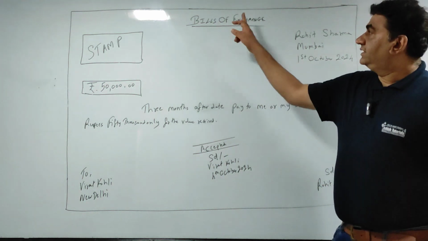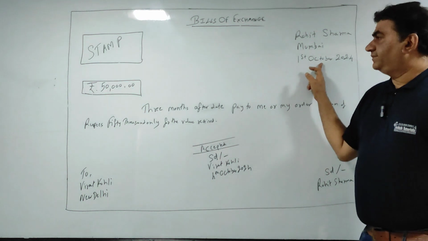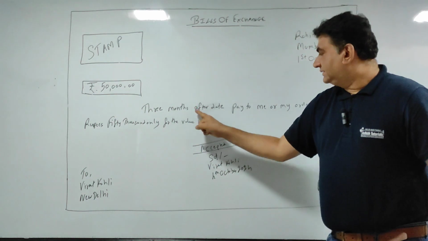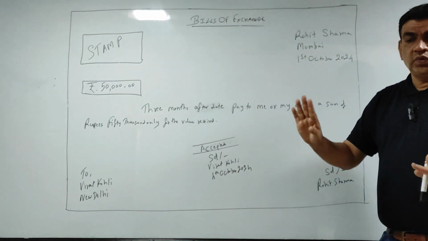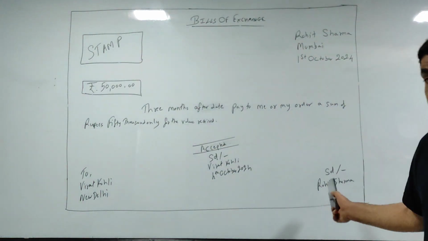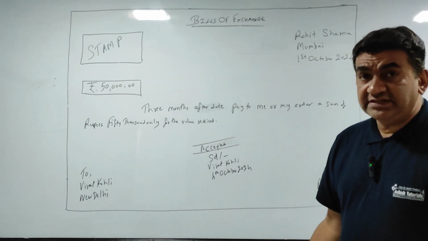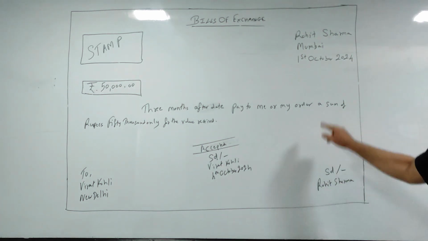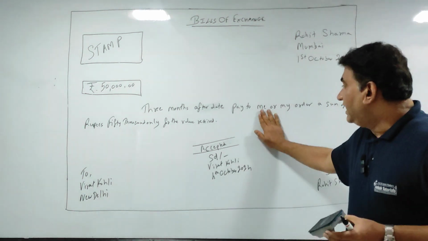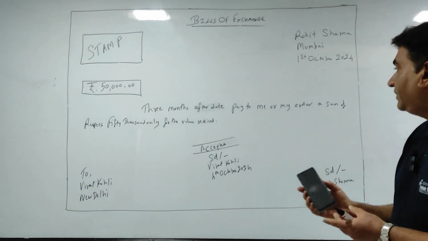अंडरस्टैंड दिस। सेम, सेम सेम, यहां पर डिफरेंस आएगा। 3 months आफ्टर डेट पे टू, सेम। नाउ सी रोहित, व्हाट आई टोल्ड यू स्टार्टिंग में, इफ देयर आर ओनली 2 parties, ड्रॉअर एंड पे रिमेन्स द सेम। तो यहां पे ड्रॉअर भी रोहित शर्मा था, पे भी रोहित शर्मा है, बट यहां पे पे अलग है। ये पैसा रोहित शर्मा को ही जाना था, इसके लिए उसने लिखा मी और माई ऑर्डर। नाउ सी व्हाट विल हैपन